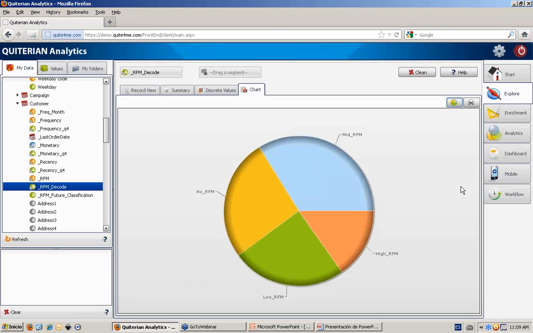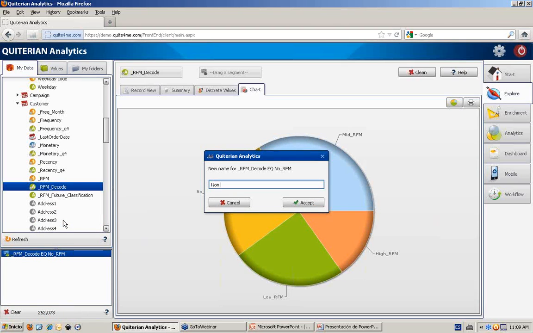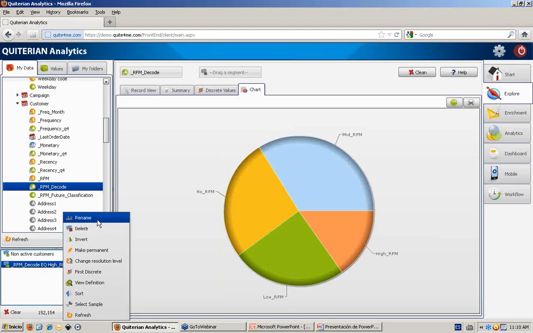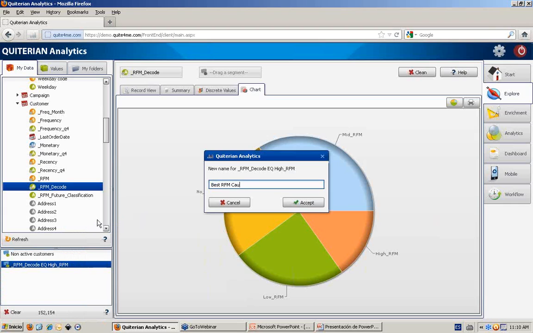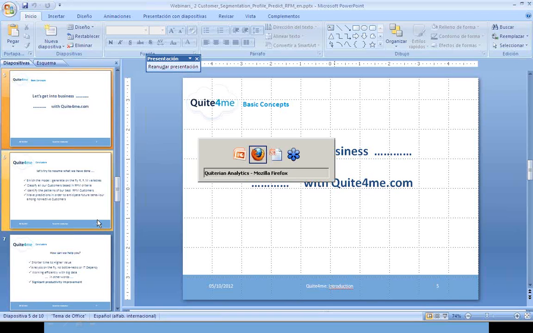Right. Now, I'm going to get these no RFM customers, because these are non-active customers. I will use this segment for later purposes. But let's leave them here in this temporary area. As well, I'm going to get the higher RFM customers, because these are my best RFM customers. And if I go back to the presentation,